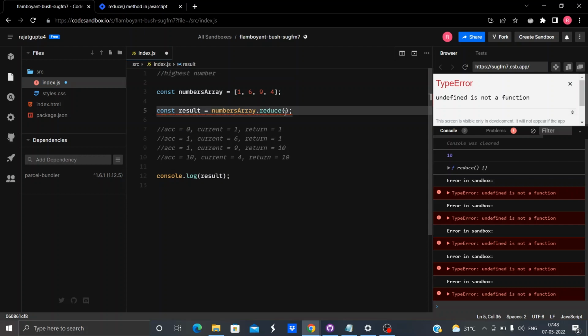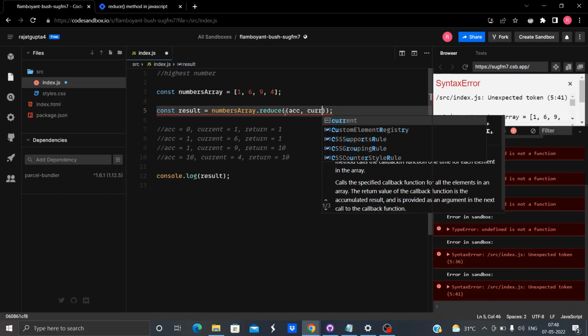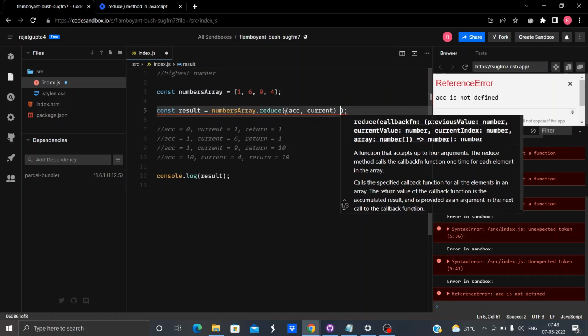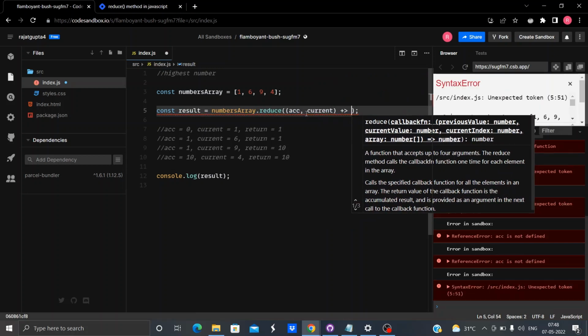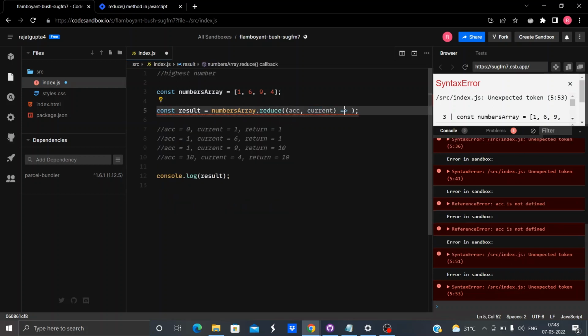Okay, so what we'll do is, again, this is the same everywhere: accumulator and current. You can name it anything, as I told you before, but this step is the same. We are inputting accumulator as well as current.